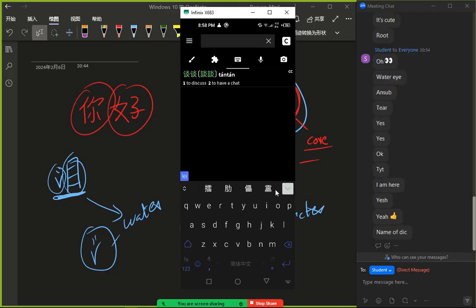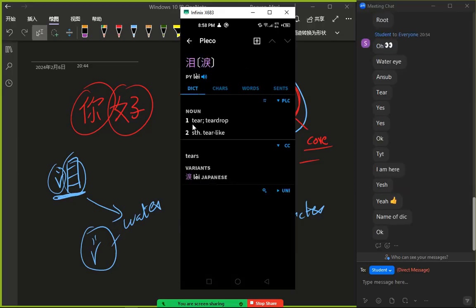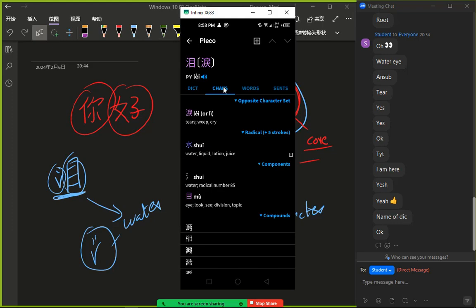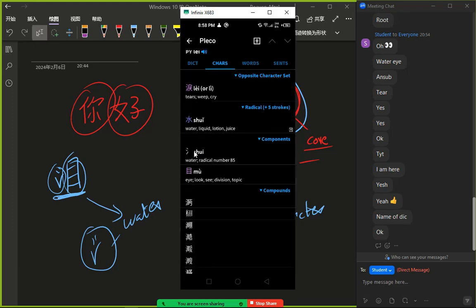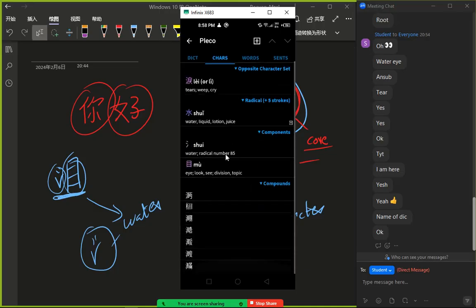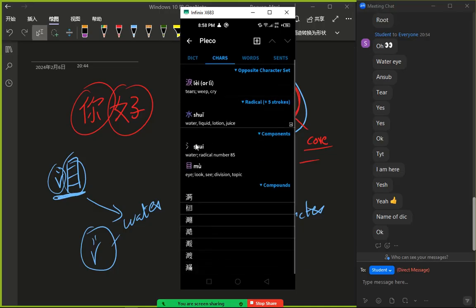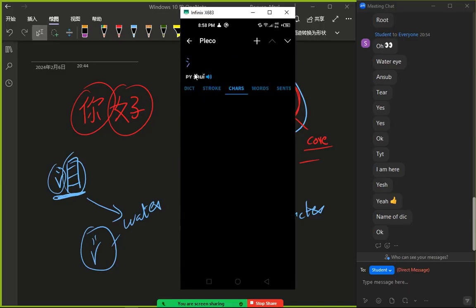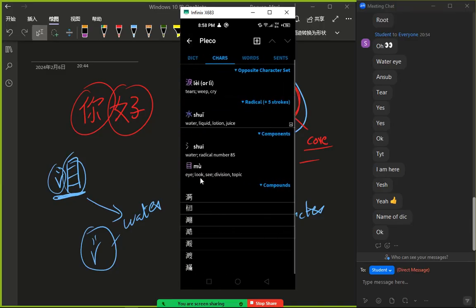Yeah, I will just write it down, don't worry. But you just have to know that it exists. So this character, you can see, Lie, teardrop, right? If I come to the characters, you can see the components or the core. It is comprised of this thing for the water, and this thing for